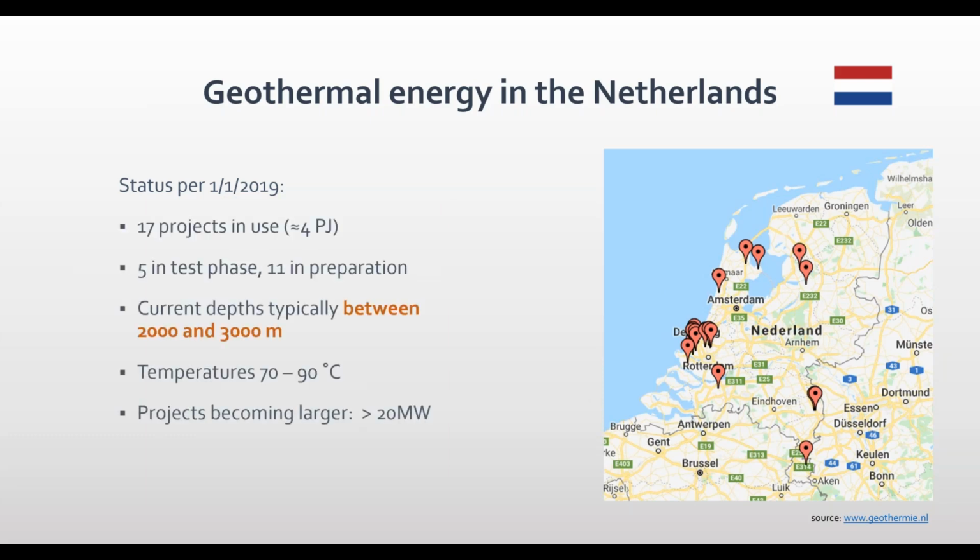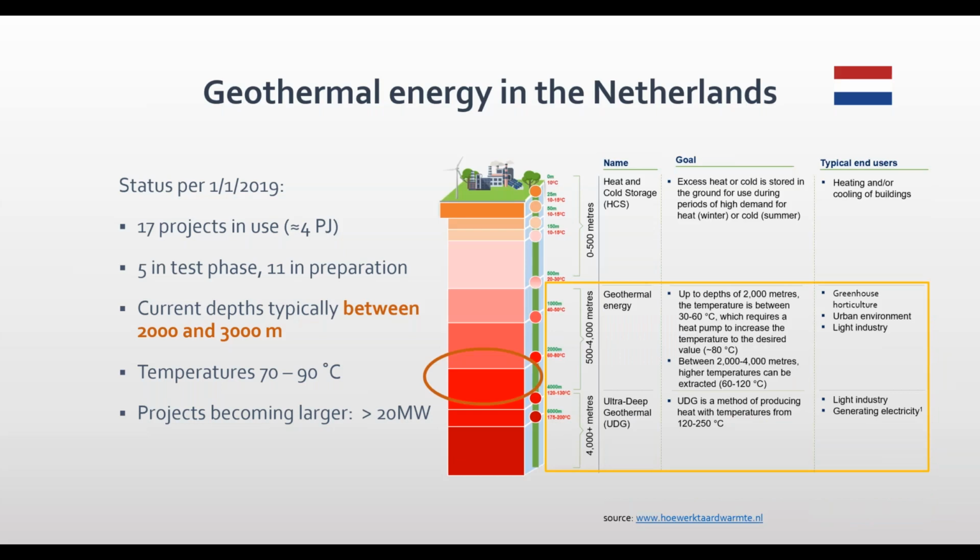And these projects typically get the heat from between 2 and 3 kilometers depth at 70 to 90 degrees. But at the moment, we are also looking deeper, deeper than 4 kilometers, in what we call ultra deep geothermal. And if that would become a reality, we would be able to reach higher temperatures and supply larger